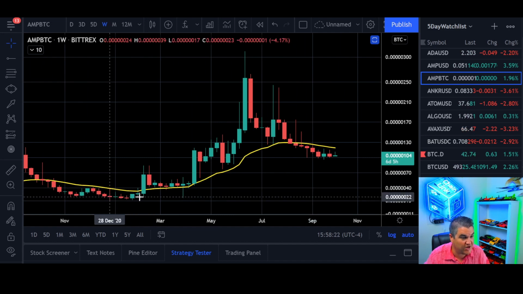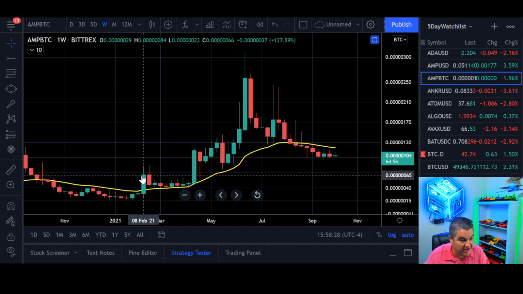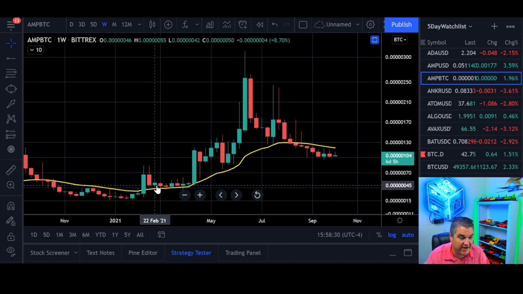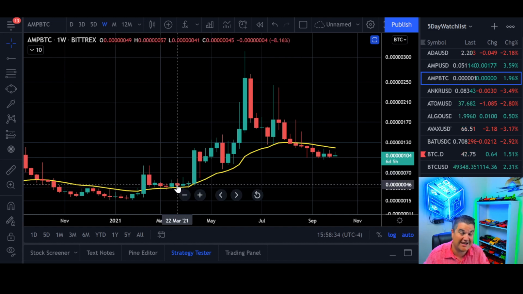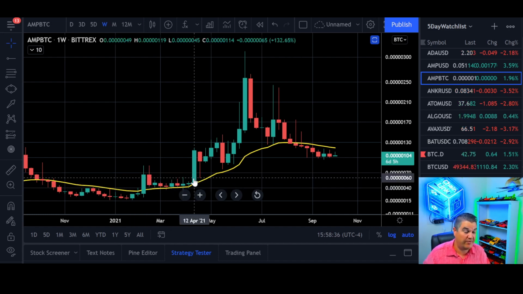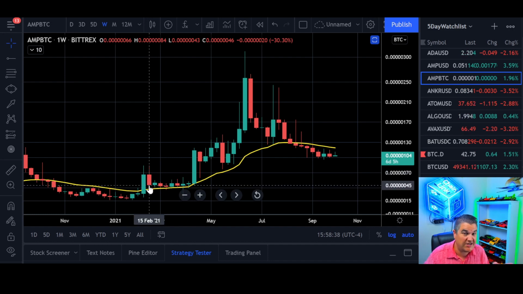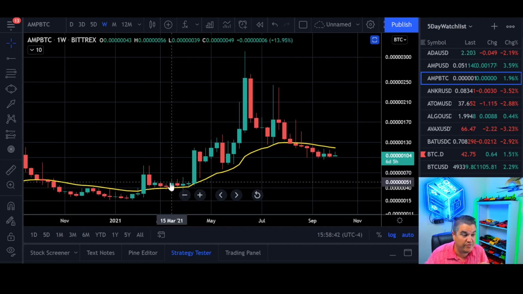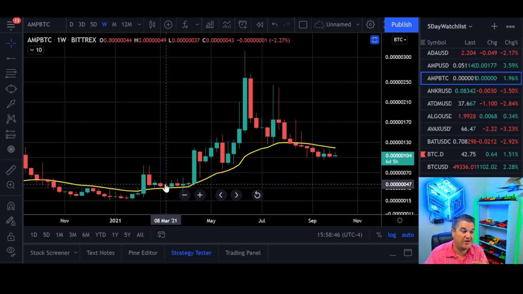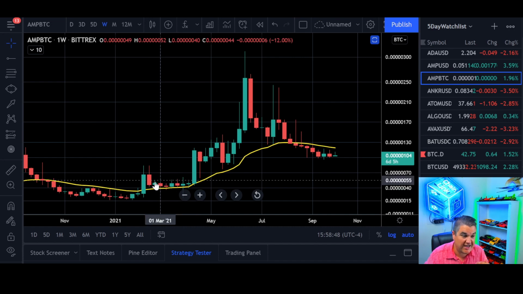So this is kind of where I'm looking at. Hopefully with AMP, we're right in this area, right? We're going to start making some nice moves, get above it. And then when you come back down, if you come back down, you want to hold it as support for a prolonged period of time. This is kind of like what we're doing with Bitcoin right now. Bitcoin against USD, BTC USD, is above the 21 week. We need to hold Bitcoin as support. As Bitcoin moves up, the rest of the coins should move up. But this is exactly what we want to see.